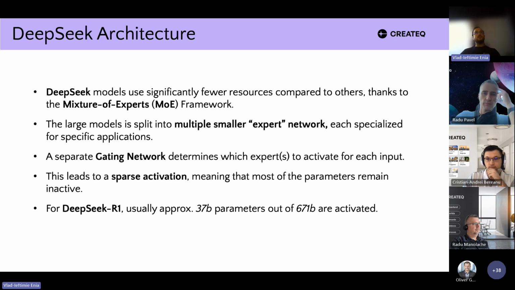In simple words, this large model is split into smaller models, just like how you would split a monolith application into microservices. Each of these smaller expert networks is specialized for a specific application. It is fine-tuned, and they are preceded by a gating network, like a gateway, which determines which expert or experts to activate for each input.